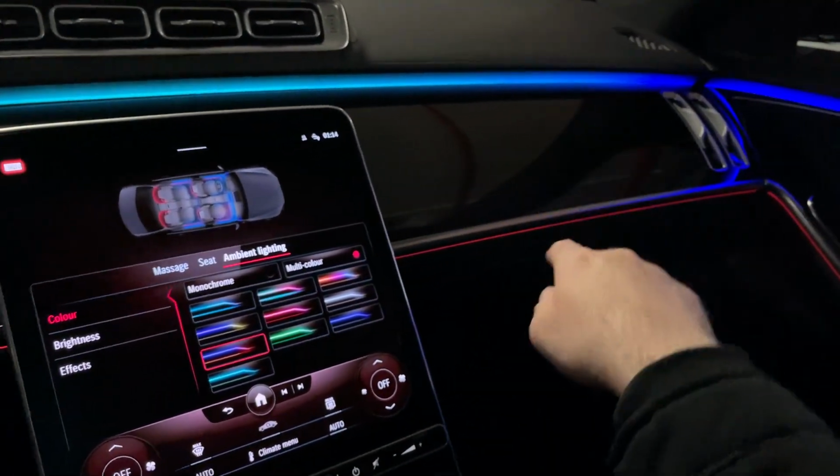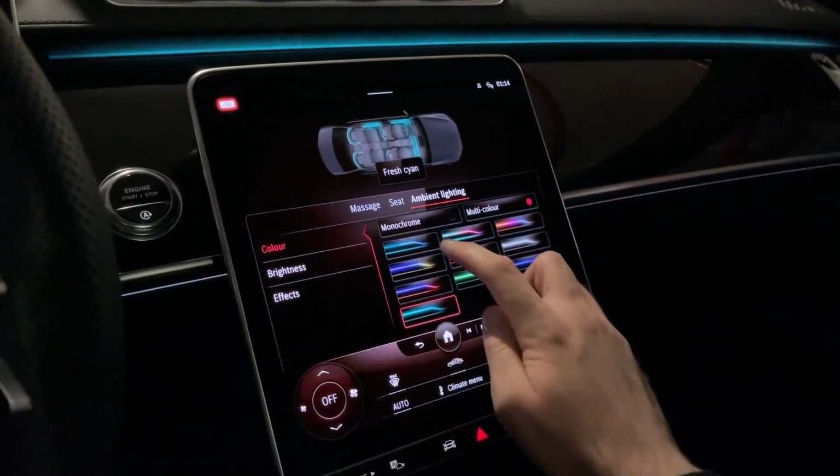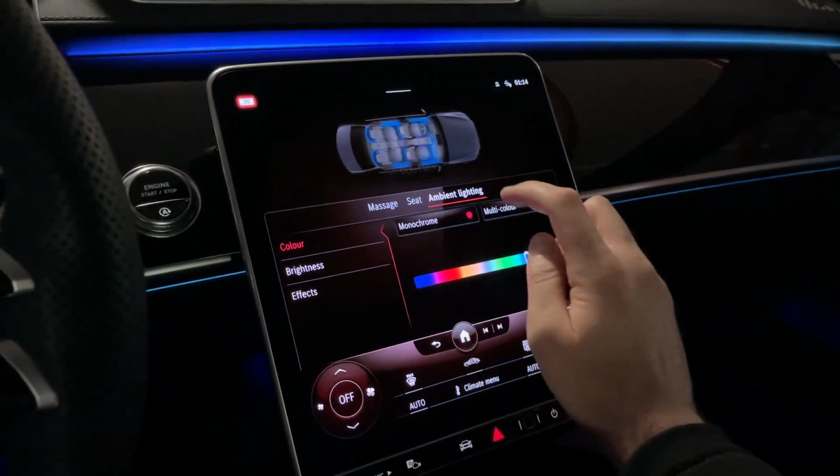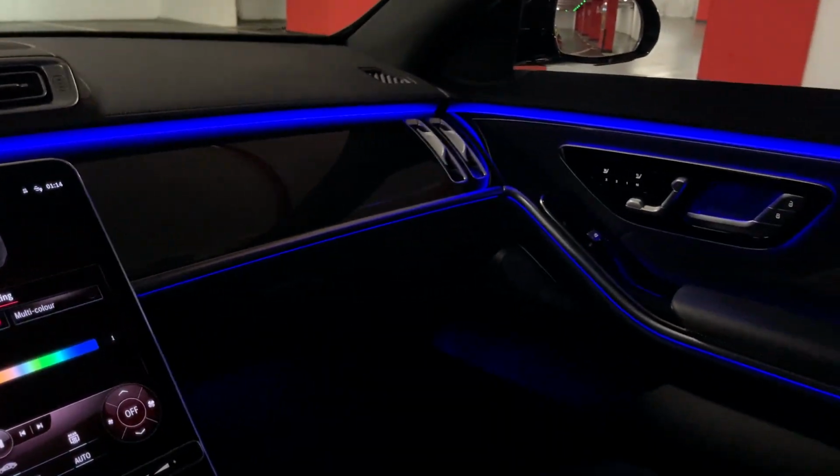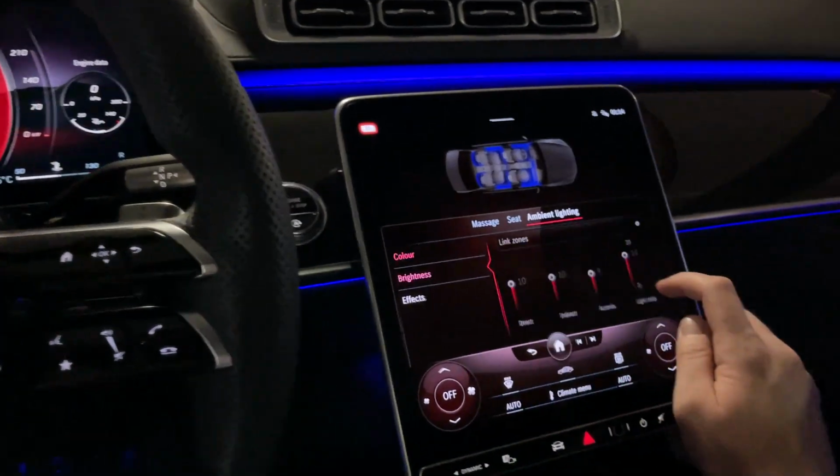I quite like this blue and red, but personally I would always choose this blue one. I think it's the most impressive one. You can adjust the brightness, but